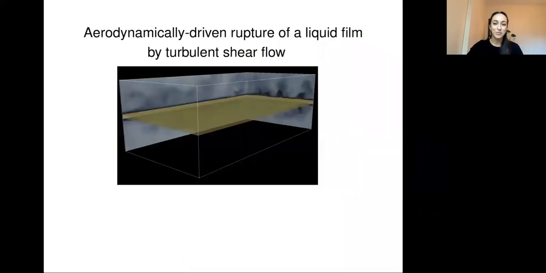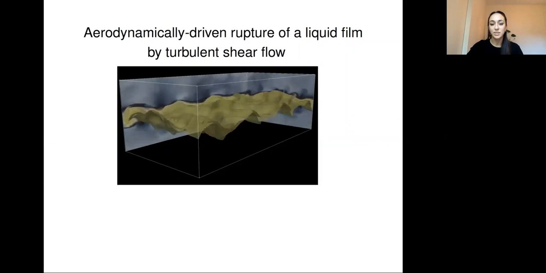So as a preview of the work I'll be presenting today, the title is The Aerodynamically Driven Rupture of a Liquid Film by Turbulent Shear Flow. Here is a liquid film. It's in yellow. We have perfectly flat surfaces at time equal to 0, and it's been sandwiched between turbulent gas phase layers, and the velocity fields of those gas phase layers are projected on the back sides of that box. Now, in time, as that gas flows over the liquid film, it first creates small dimples in it, and these dimples then grow slowly at first, and then they become larger and larger, quickly growing to eventually rupture this sheet,